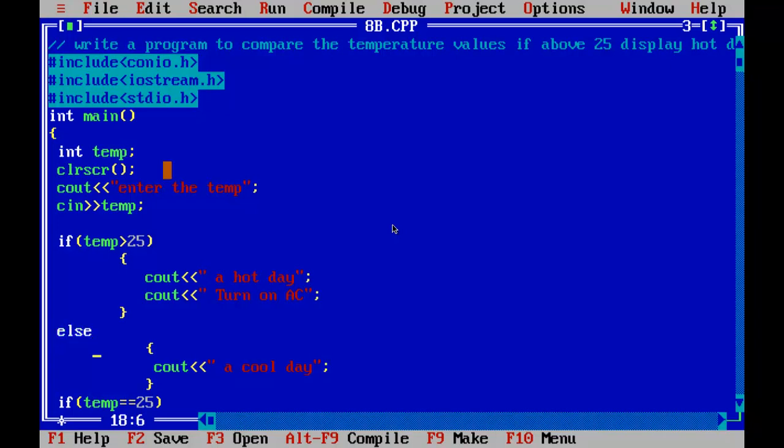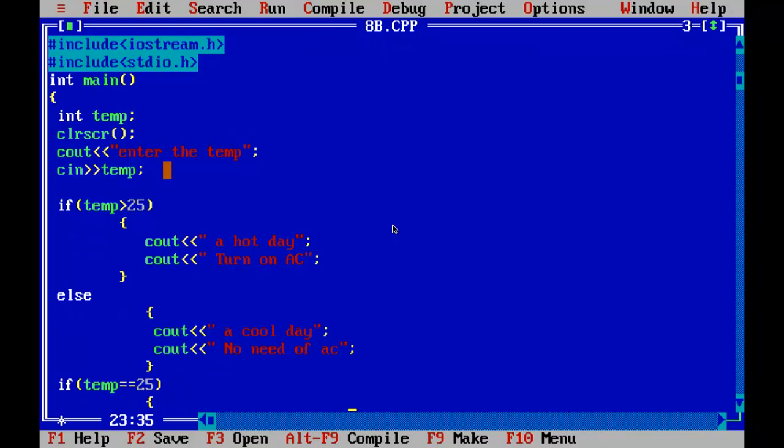Else part is a cool day, and see out, no need of AC, air condition, no need. So see, we are utilizing two statements here, and a third is not allowed, we can't use this.